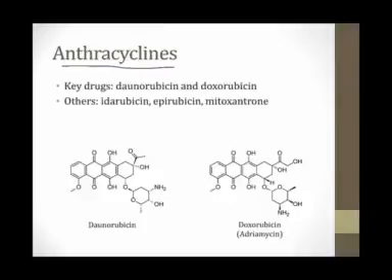We'll start with the anthracyclines. There are a number of drugs in this class. The most important ones are daunorubicin and doxorubicin. There are also some others in this class, including idarubicin, epirubicin, and mitoxantrone. All of the anthracyclines have a four-ring structure like what's shown on the screen here. On the left side of the screen is the chemical structure of daunorubicin. On the right side of the screen is the chemical structure of doxorubicin, which often goes by its trade name